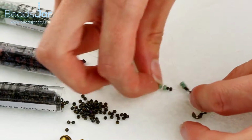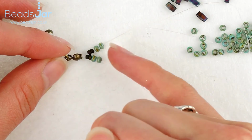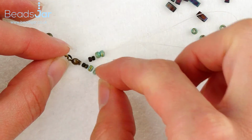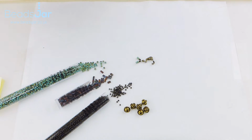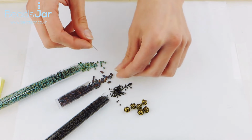So at this section we have 2 strands with the 4 beads on and 2 strands with those 4. So we've got 2 separating like so. Next, what you want to do is go back to the top row, and onto this one we're going to